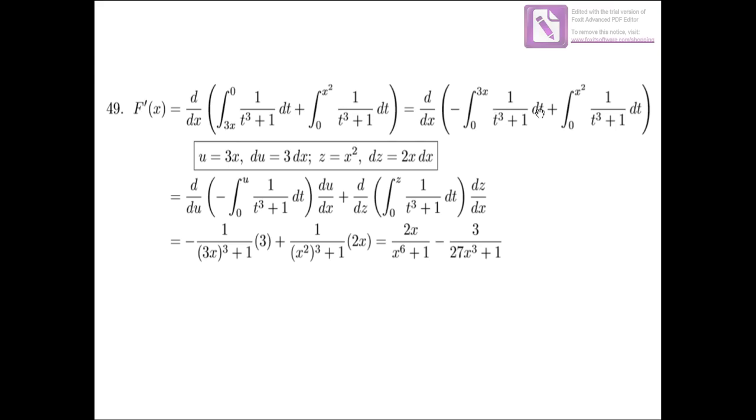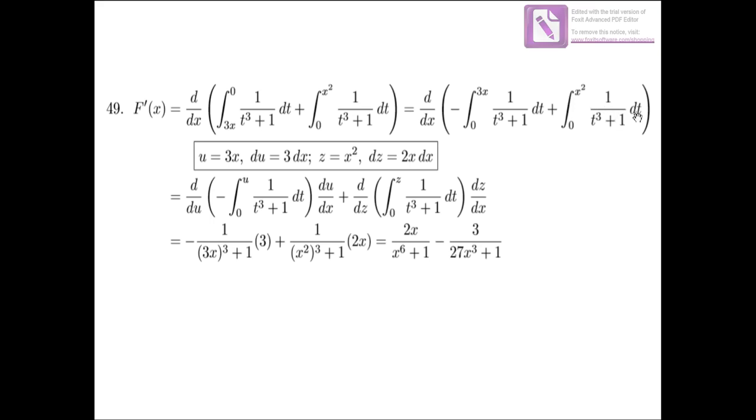So either you take u equals 3x, then du equals 3 dx, and for this one you choose, for example, z equals x squared and dz will be 2x dx. Or from here directly you replace t by 3x and multiply it by the derivative of 3x, which is 3. Similarly, for this one you replace t by x squared and multiply it by the derivative of x squared,